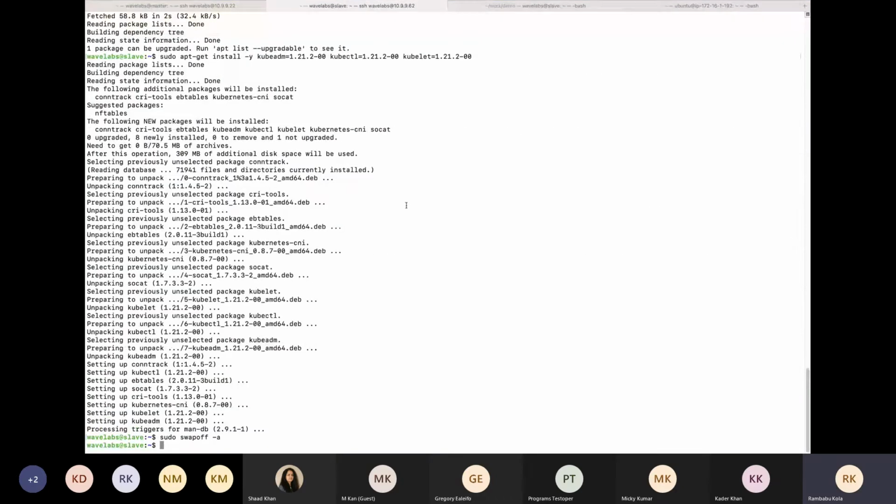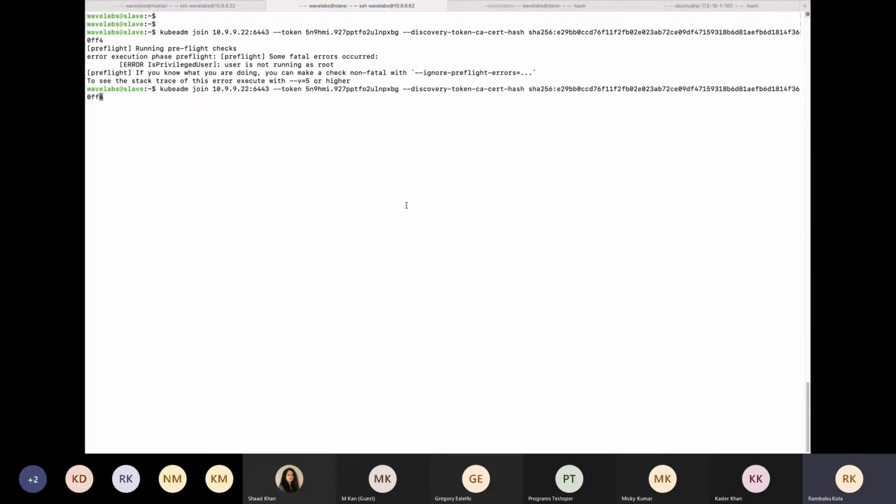We'll be executing this on the worker node. Oops, sorry. We need to execute it with sudo.